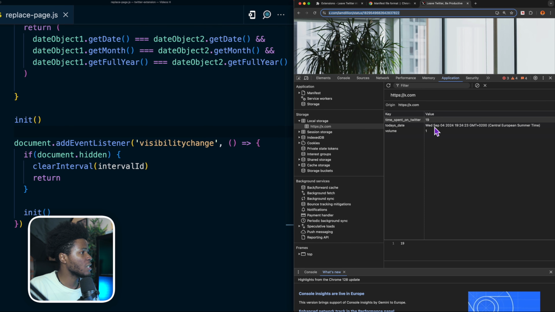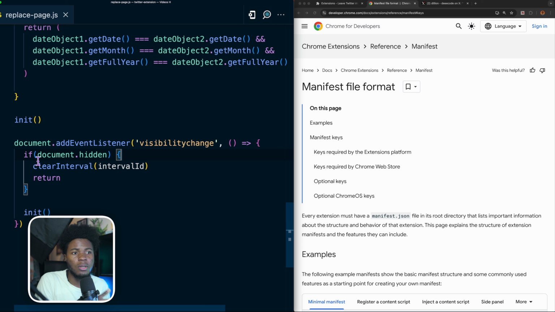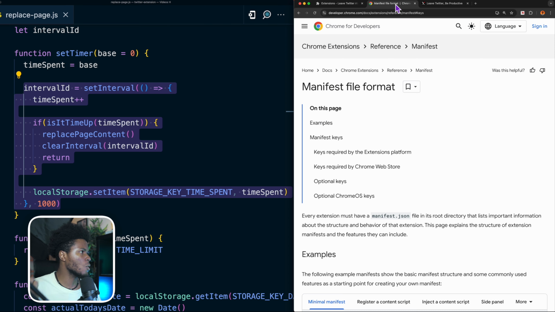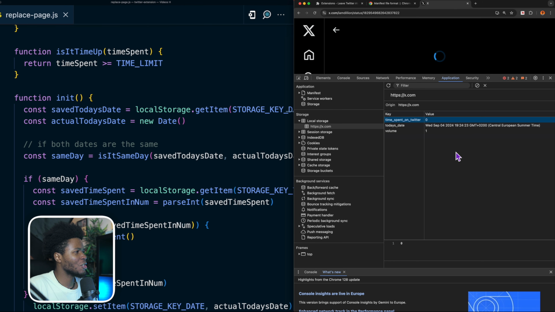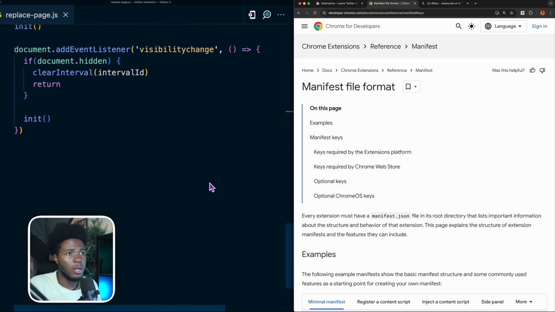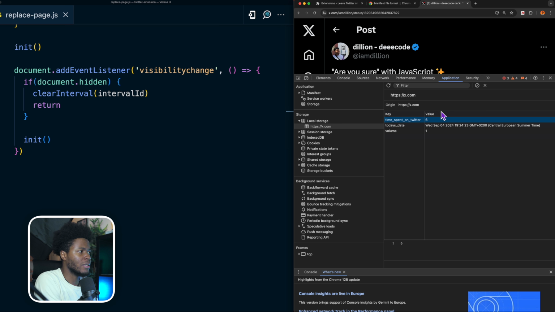Okay, now that we have this, I'm going to come here and change it again to 0. I refresh and it's counting 1, 2, 3. When I leave, visibilitychange is called, the document is hidden, so our interval stops running. Now when I go back, oh, it still kept counting. Oh, that's because I didn't reload the extension. Sorry. Then I come back here and go to 0 and refresh. So we have 1, 2, 3. Then I leave the tab, visibilitychange is called, our interval stops running, and when I go back, it continues from 4, 5, 6, 7 until it gets to the point where the whole content is replaced. 19,